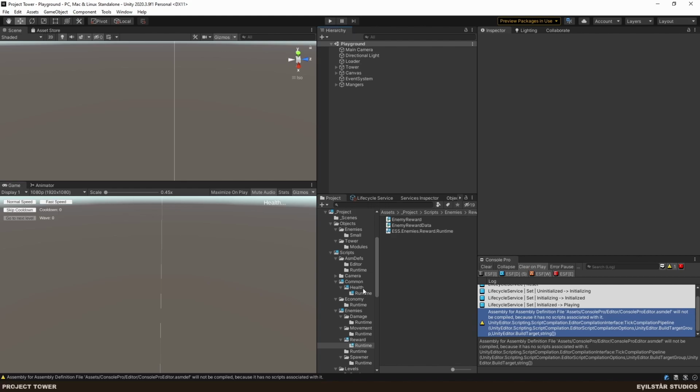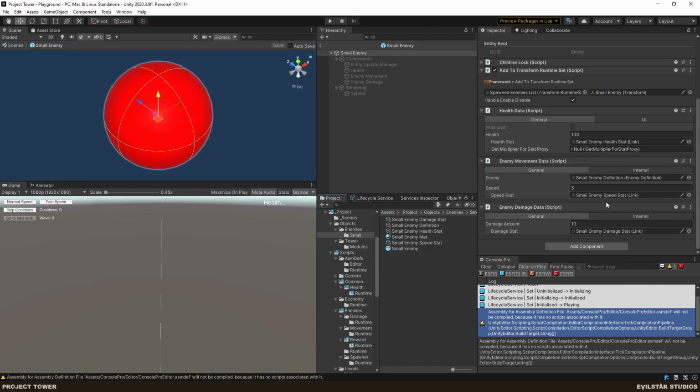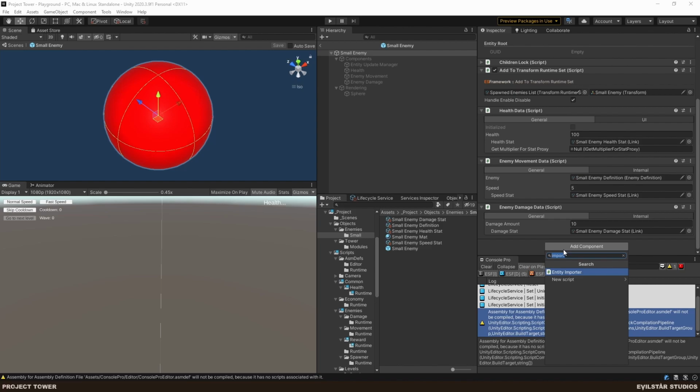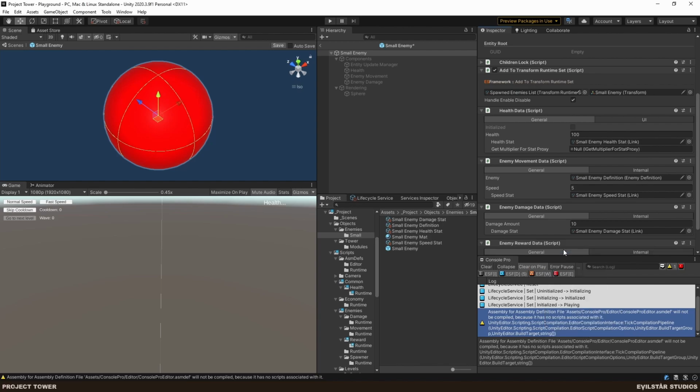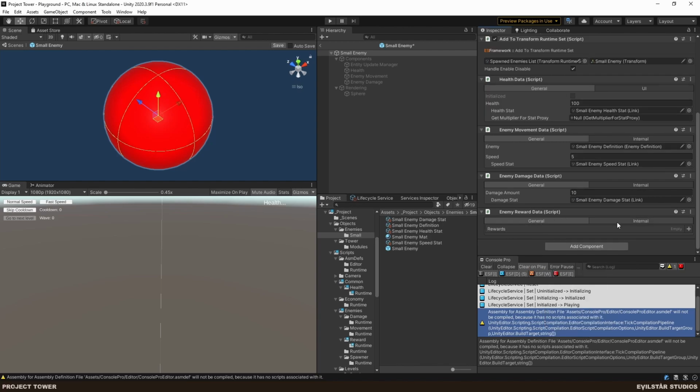So we're gonna simulate that by setting the health of the enemy to 0 manually. But first, let's add the component enemy reward data. So yeah, we're gonna set up the rewards, but first let's set up the health,